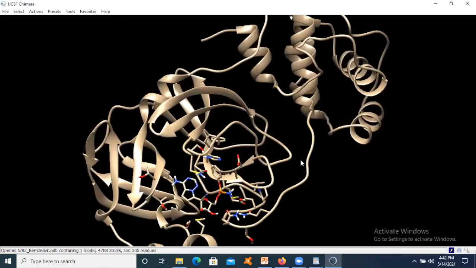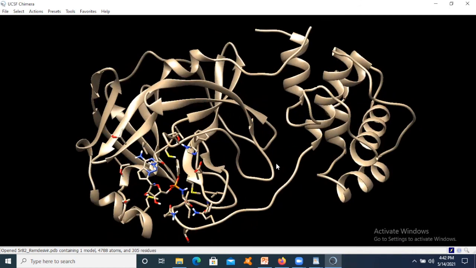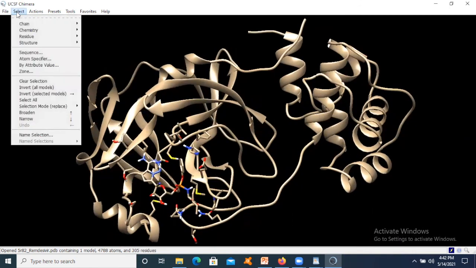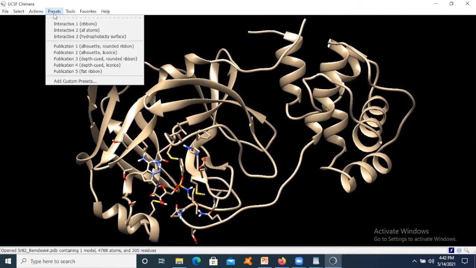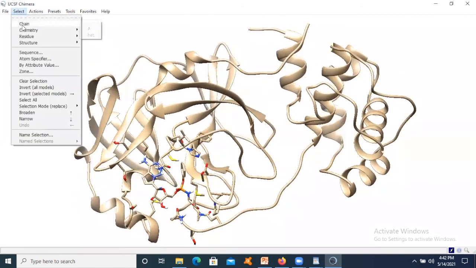So now you can see this is a protein, okay, and these are the compounds, right? So let's make the background white first, okay, and there are two chains you can see here, A and het. Het means heteroatom.